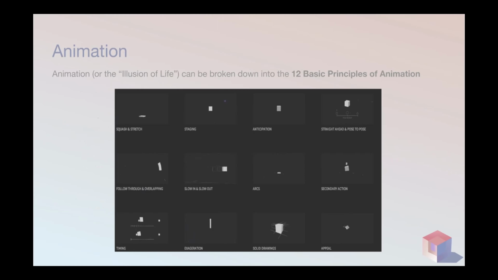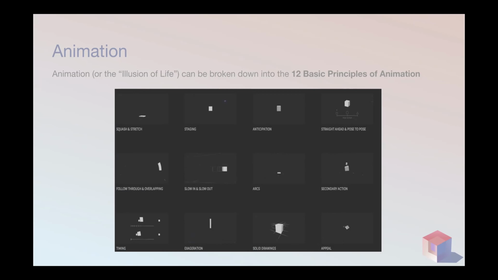With animation in particular, there are a lot of different principles that go into being able to create believable animation. There's a really good video about this that we do not have time to show, but these are some screenshots from it just to tell you what the 12 elements are. There are squash and stretch, staging, anticipation, straight ahead versus pose to pose, follow through, which we're going to be talking about in our demo a little bit, slow in, slow out, having the movement follow arcs, having secondary actions to emphasize the first action, timing, which is basically when exactly actions are happening,